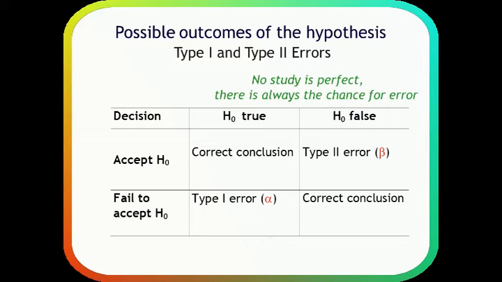So in the example of pancreatic cancer and coffee drinking, if by gathering evidence we find that there is no association between pancreatic cancer and coffee drinking, but we overlook this and fail to accept our null hypothesis, we are committing what we know as a type 1 error. The other scenario would be when your null hypothesis is actually not true, or it is false, but you accept it. That makes you commit a type 2 error, also known as a beta error.